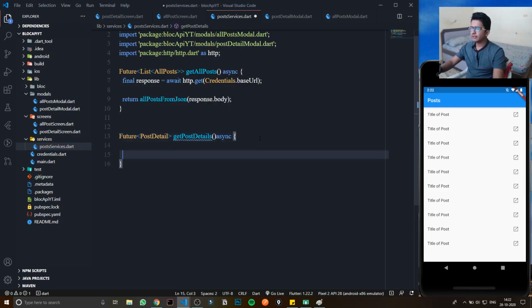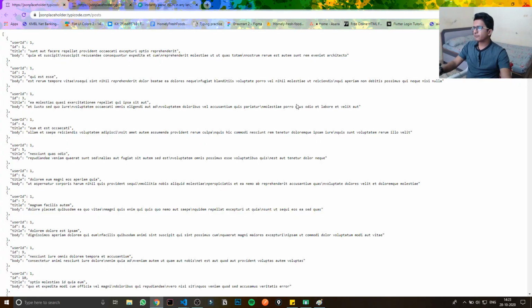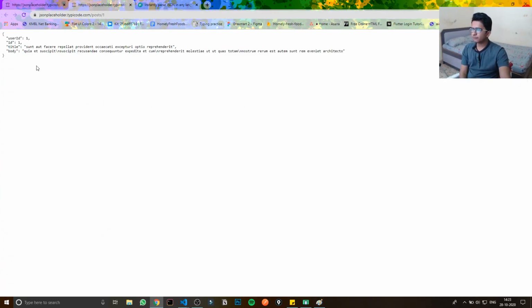Same stuff, no, not the same. To get the post detail, we have to pass this ID every time, right? That is the only thing which is tricky and very useful in real world projects.